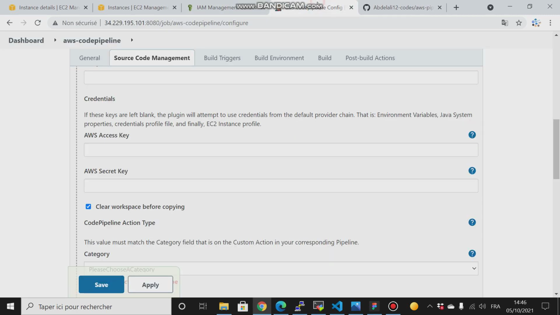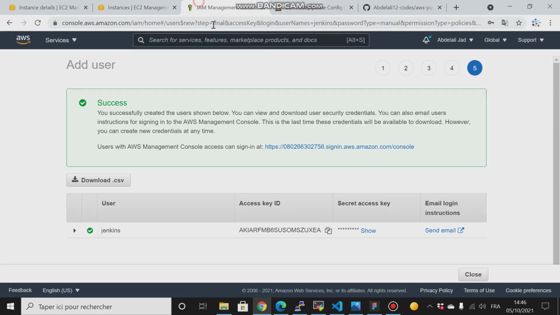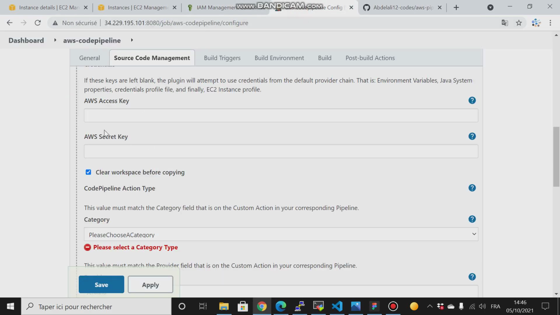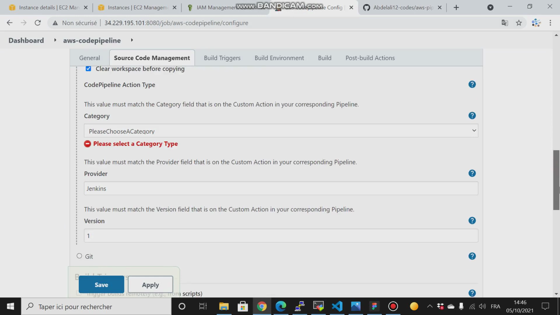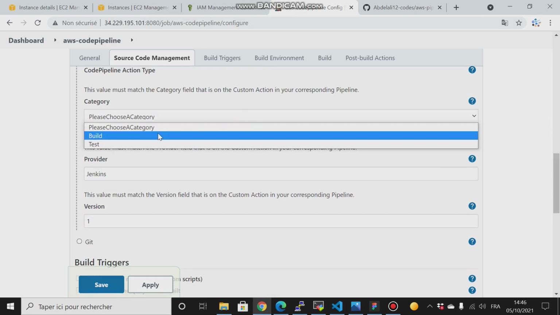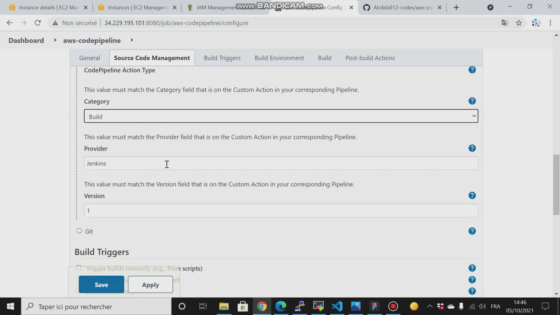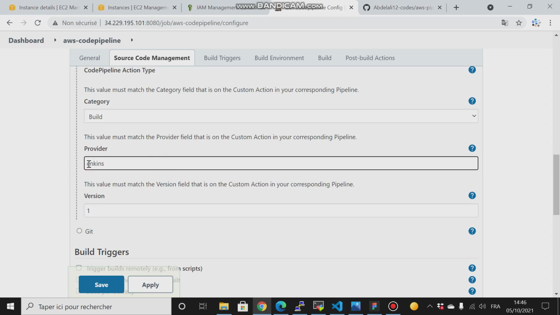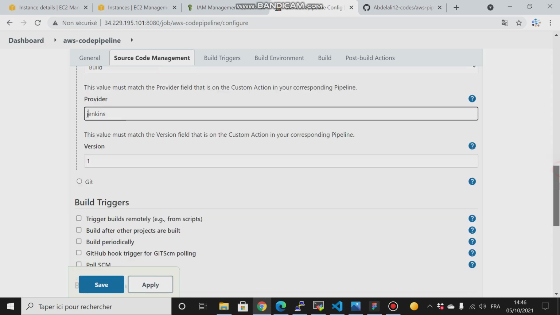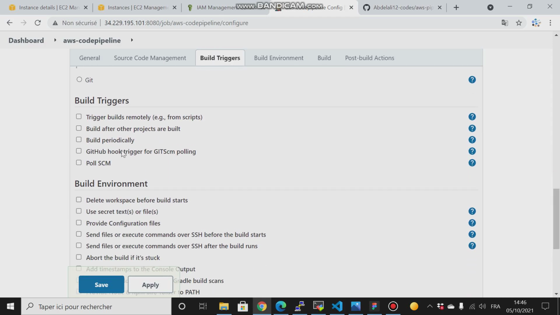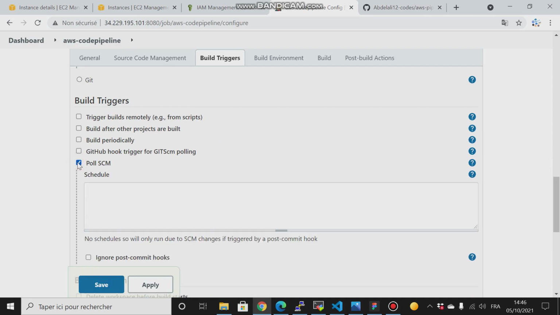So now let me come back here, and this credential you have here, you can enter them here, right? And for the category, you choose build, and for the provider, I will call it Jenkins, and then scroll down here, and here this is the